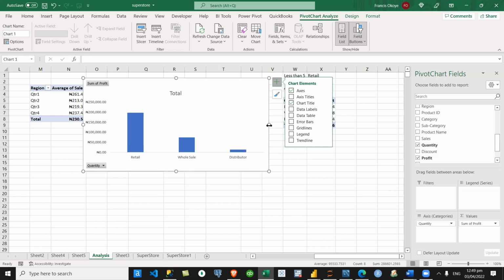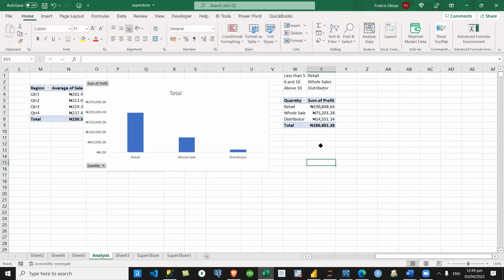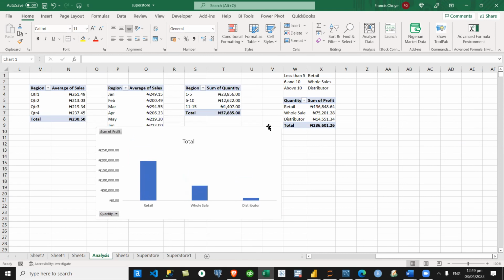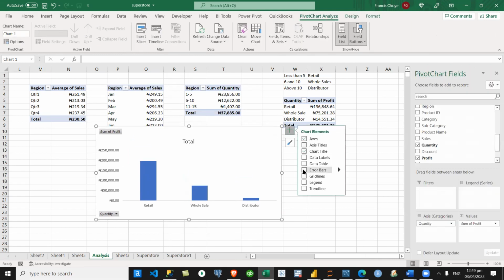So when you want to make a case for whether you should sell to more retailers or more distributors, you can use the data to present it. That's why they tell you that as a data analyst, if you torture the data well enough, it will confess to anything. Just for you to know how to arrange it. Are we clear?